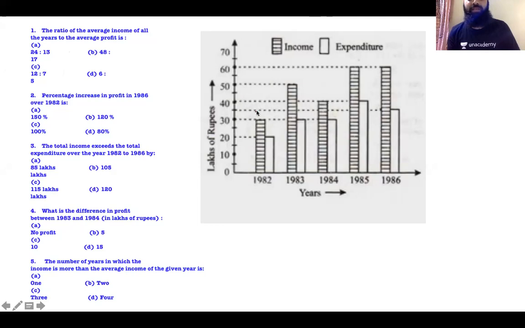this is 30. Let me write it here. This one is 50. This one is 40. So as we move further, this is 60. And this is also 60. So if I look at the average income of all the years, this will be, first of all,